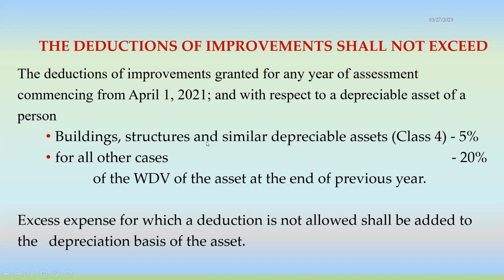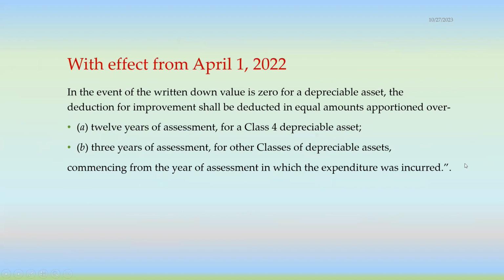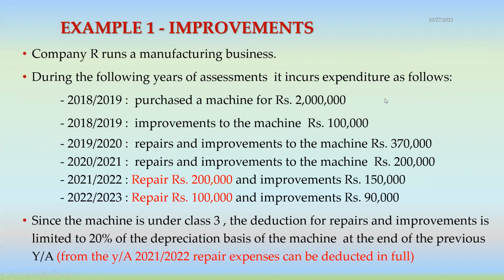If the asset cannot be categorized under this class, for all other cases, the applicable rate is 20%. We are talking about a machine. So, the applicable rate is